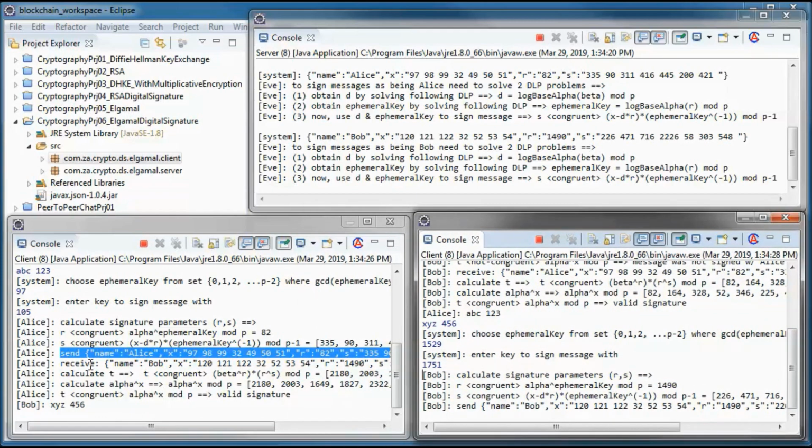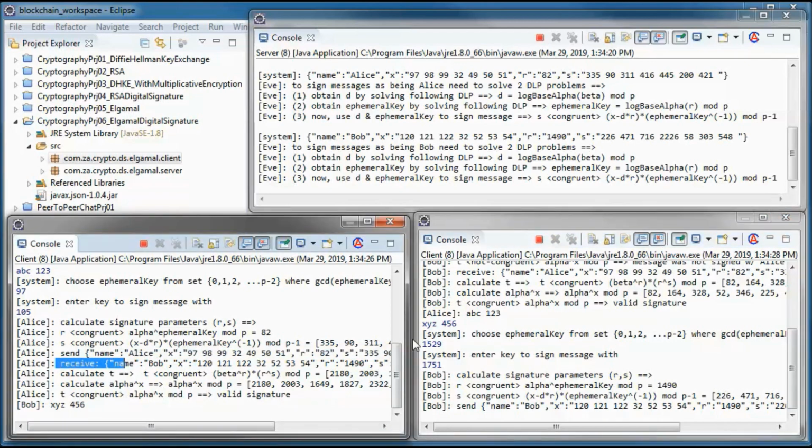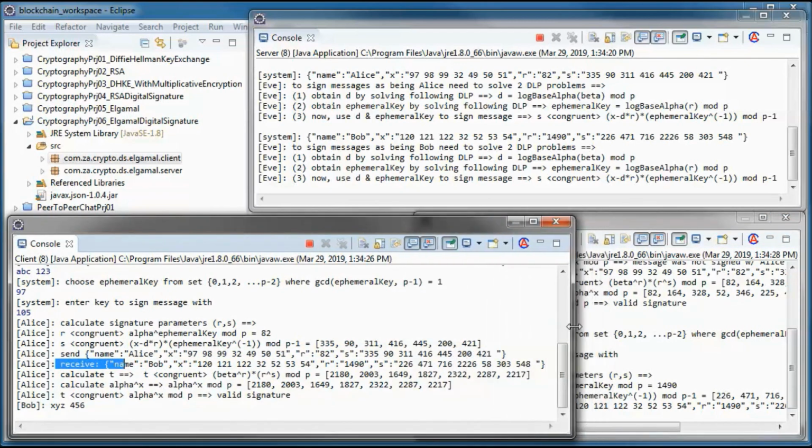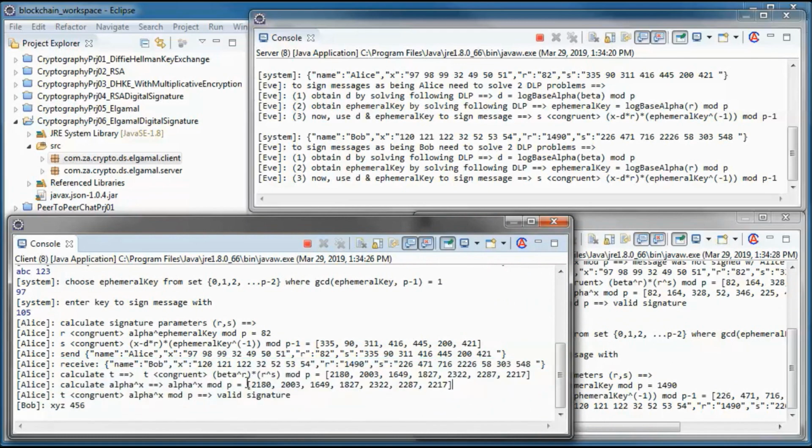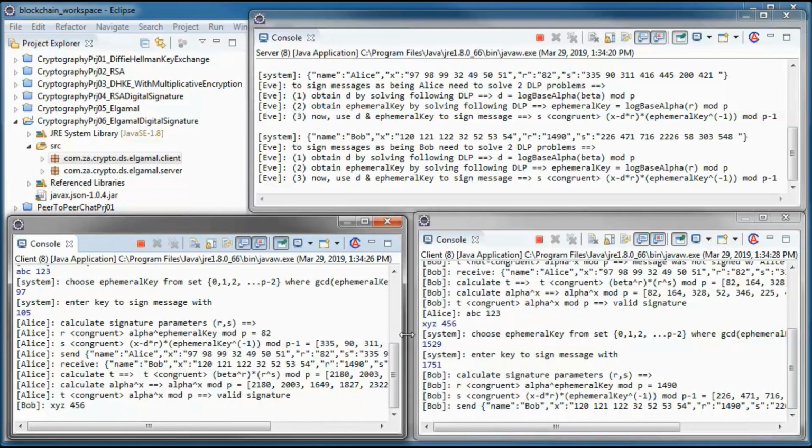So Alice receives that message and calculates T and alpha to the power of X, and they're both the same. So she determines that we have a valid signature, and the message originated from Bob.